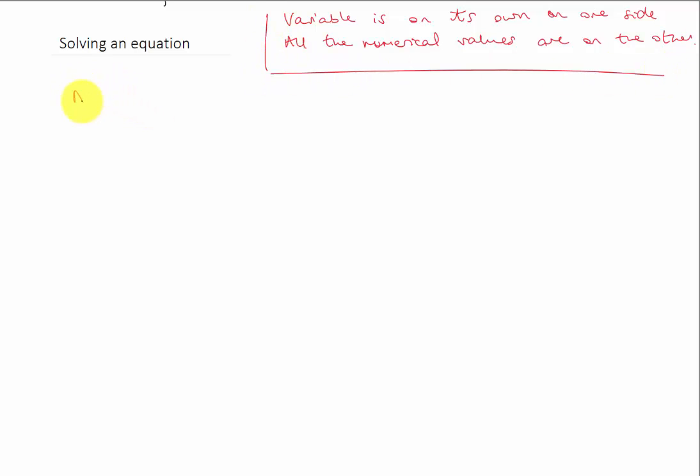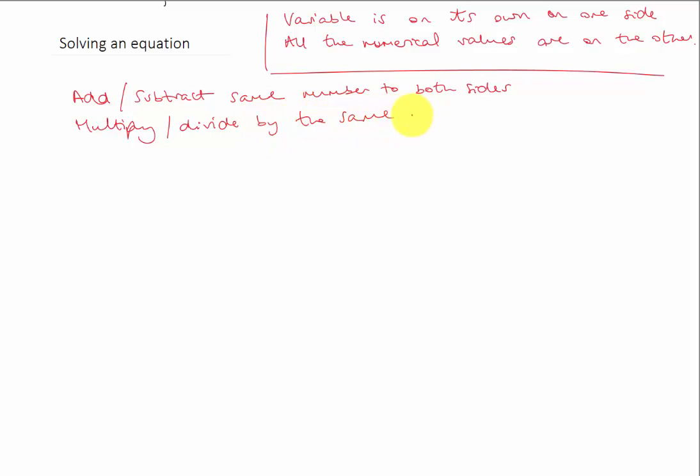So you can add or subtract the same number to both sides, and they'll still be equivalent, and you can multiply or divide by the same number on both sides. So you just have to use a bit of common sense and work through and gradually work towards getting the